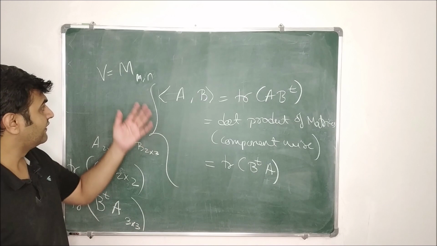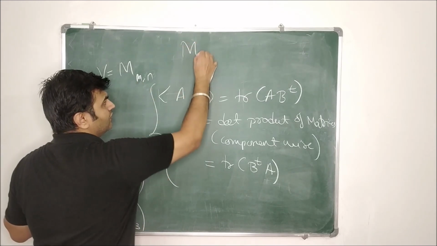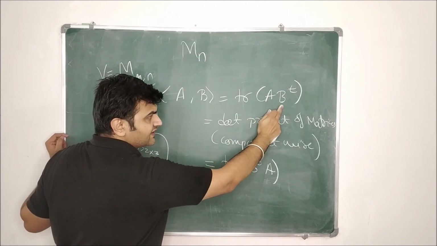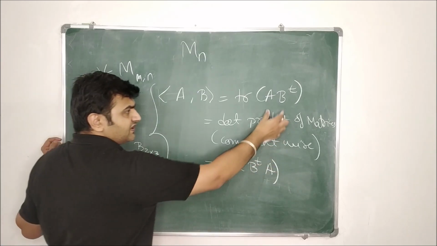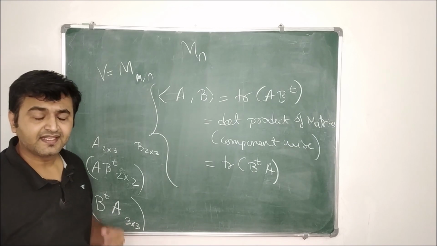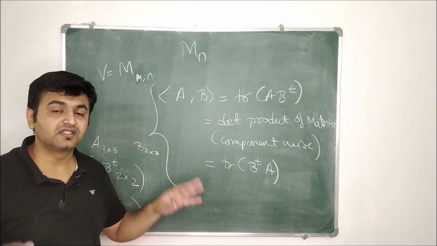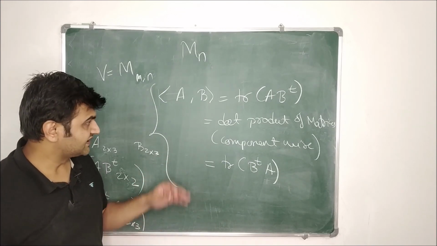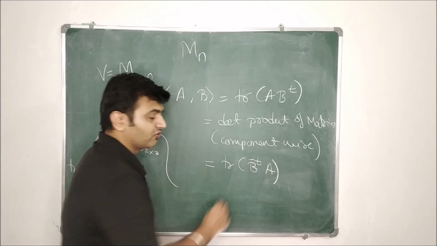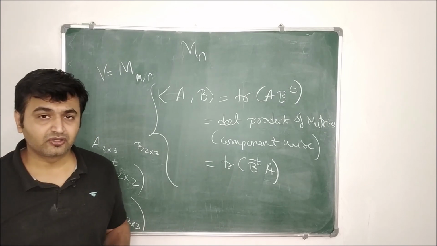Now some might say, why are we taking non-square matrices? What if I take square matrices? Not a problem. If m is equal to n, not a problem. In that case also, this is a square matrix of the same order, so the same thing works. So this is true even for square matrices as well as non-square matrices, and all these three give you the same inner product. This is for the real numbers. When you go for the complex numbers, you have a conjugate as well. Okay, so that's about the inner product on matrices.